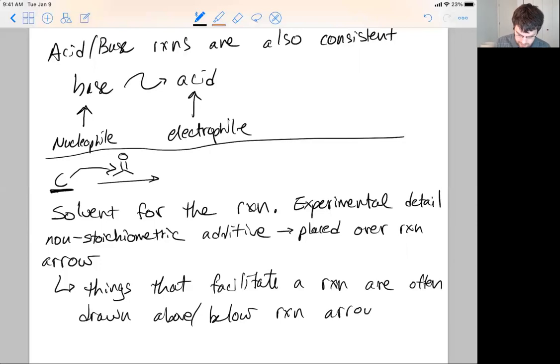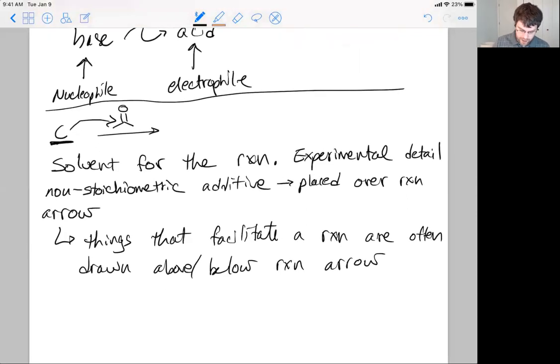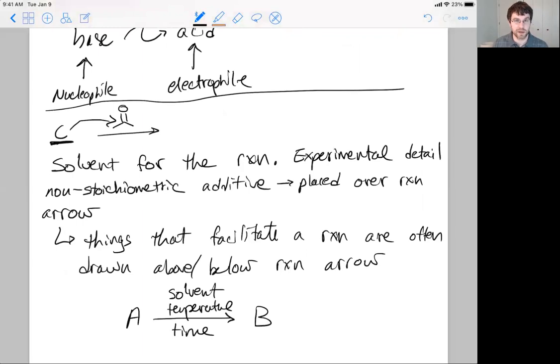So you might see something like A gives rise to B, and then over the arrow we might put solvent, temperature, and even below, just to make it look more aesthetically pleasing, so that there's some symmetry, we could have time and then percent yield. Maybe anything that might be relevant to making sure that the reaction is successful,